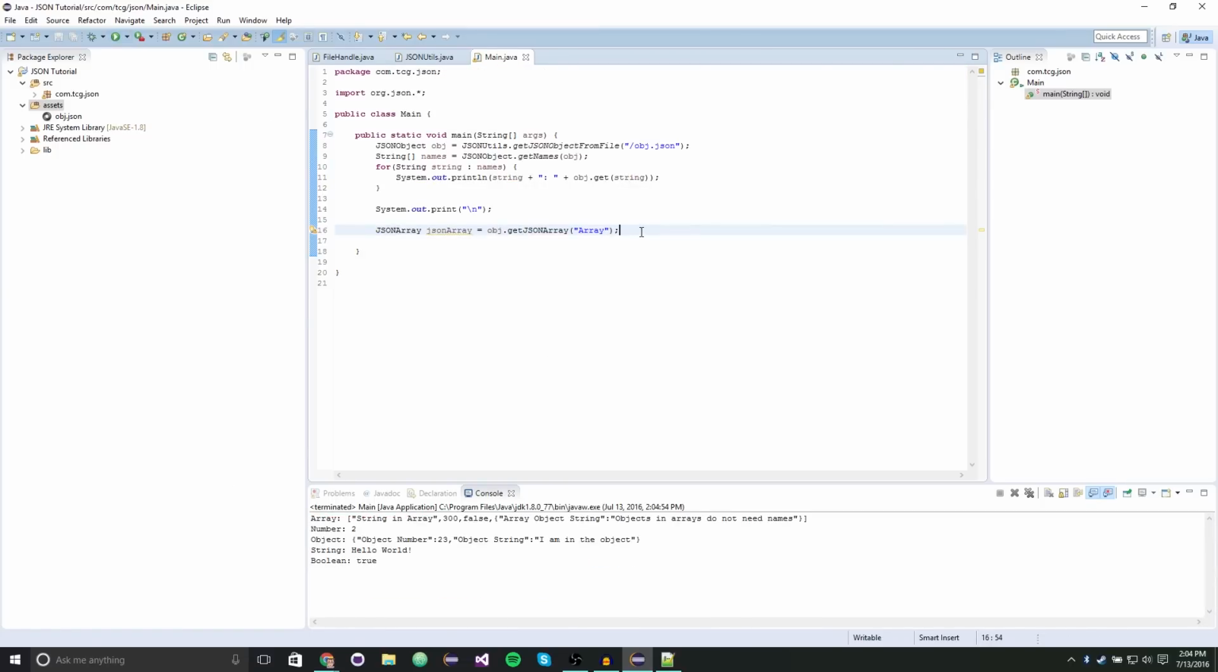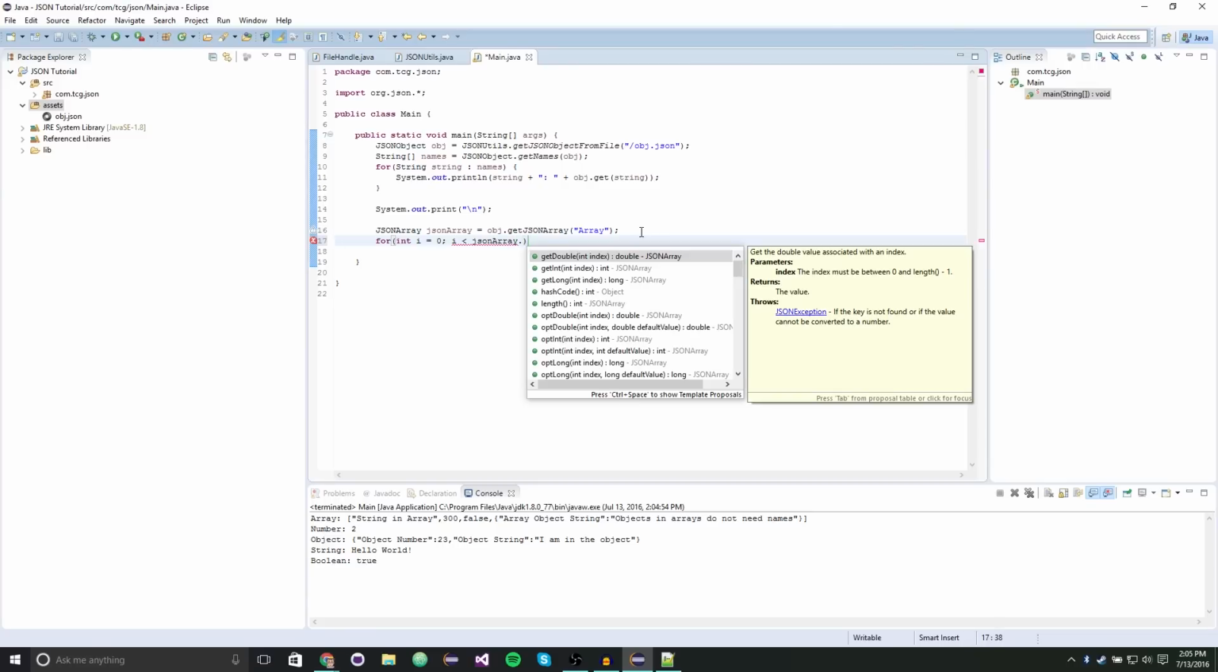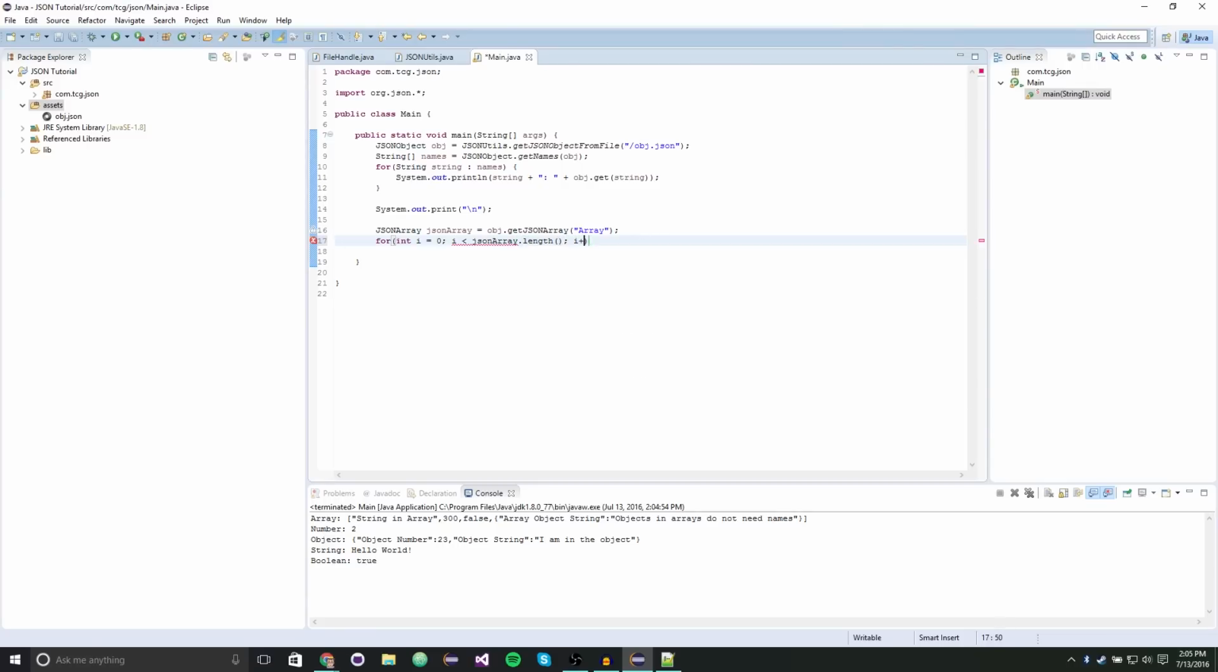Okay. For int i equals 0, and it pretty much acts like a hash map. Or not like a hash map, more like an array list. Just a list type in Java. i less than array dot length, i plus plus, except it's length and not size. And then sysout JSON array dot get i,